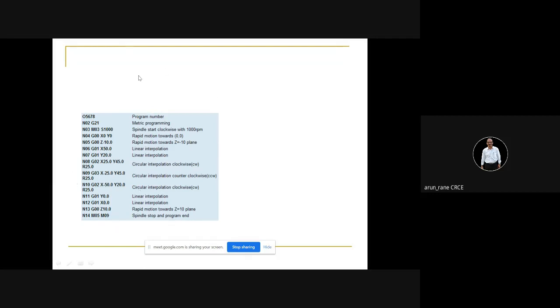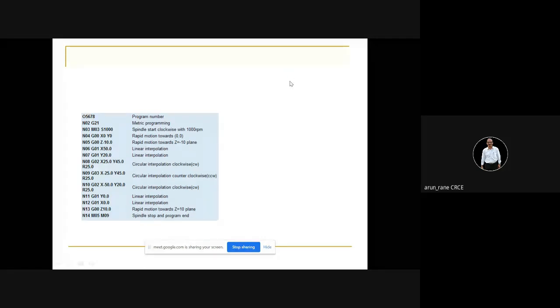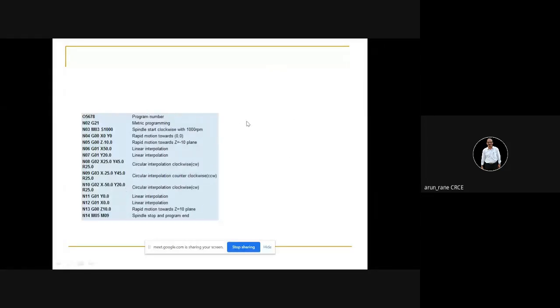And of course, again, I am telling you that you have to draw a sketch here on the top. After drawing the sketch, it is very, very important to show the program zero point, that symbol. Then once you are done with the sketch, before you write this program, the next step is to make a table. In the table, you write down all the tool numbers, T01, T02, T03, whatever tools you are using in the program, and the tool description. Tool number 1, center drill. Tool number 2, T02, drill dia 10.5.